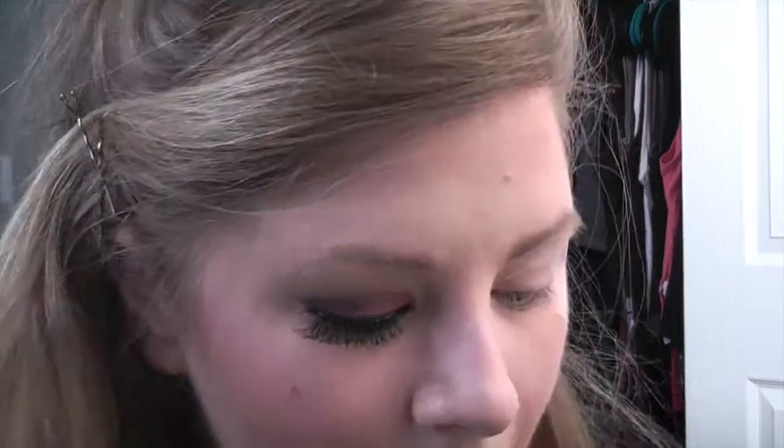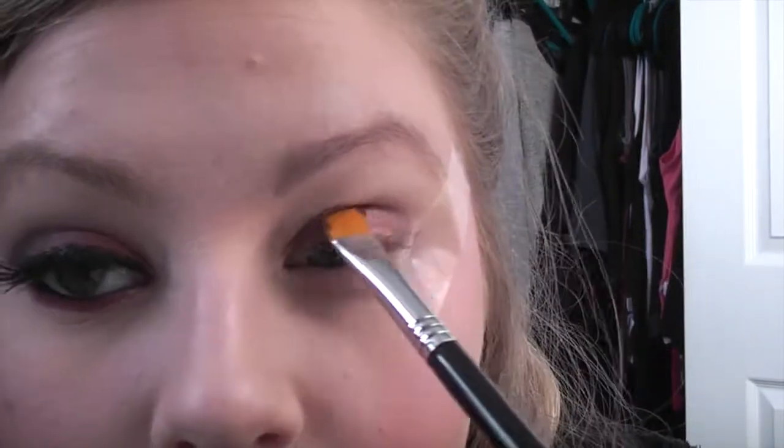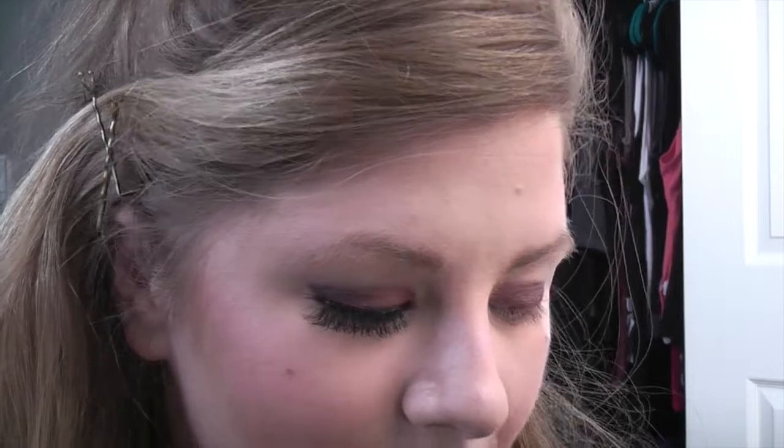And I'm going to be taking just a flat synthetic brush like this and applying that all over my eyelid. And being really careful around here, you don't want to get it under the tape because that will ruin the line you're creating. So just kind of hold the tape when you're around that area. This color just gives a good base for our next color, which we are taking,